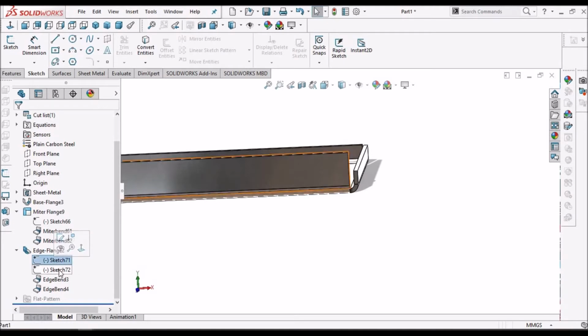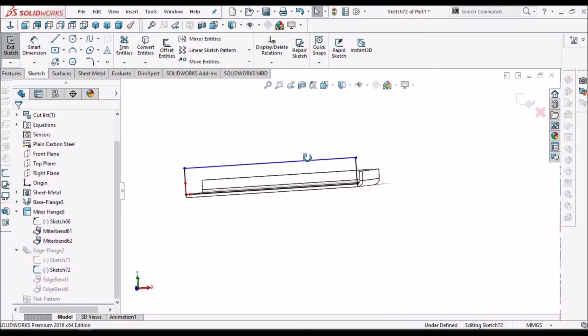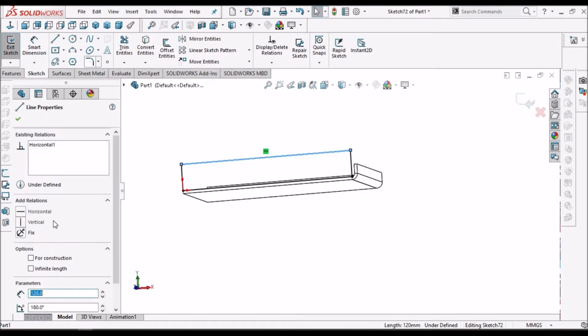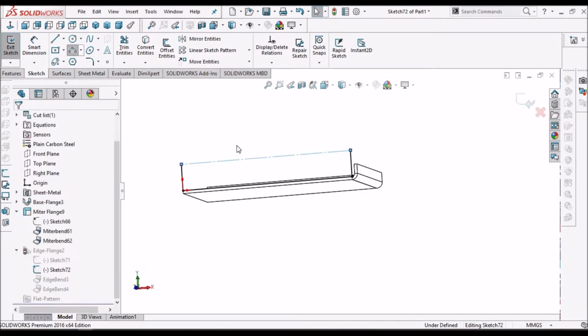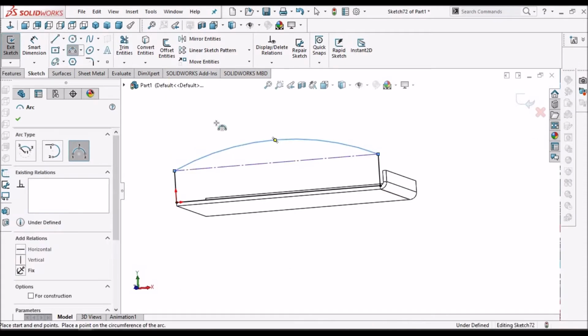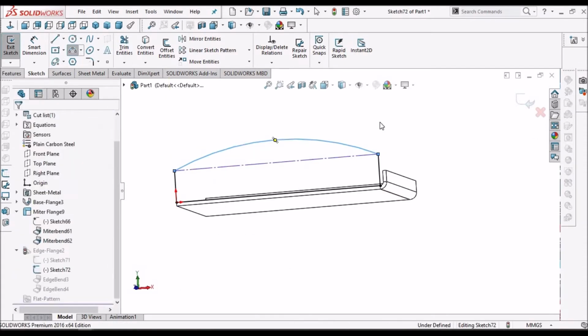Now let me change the sketch profile. So I'm making construction and I'm taking one arc.